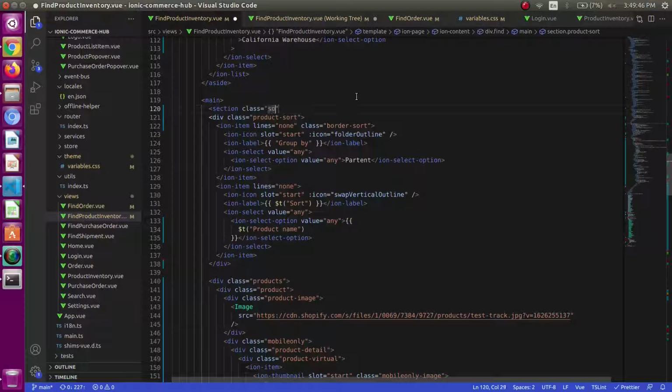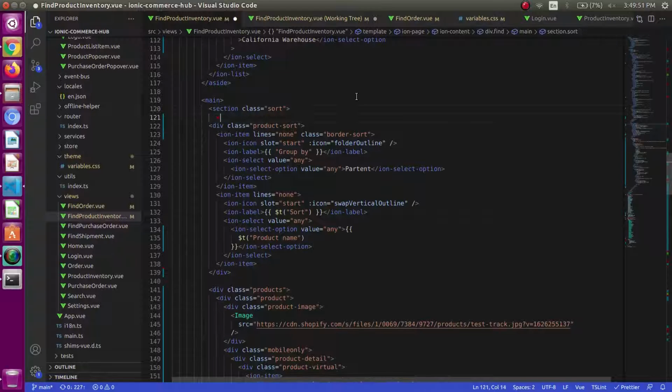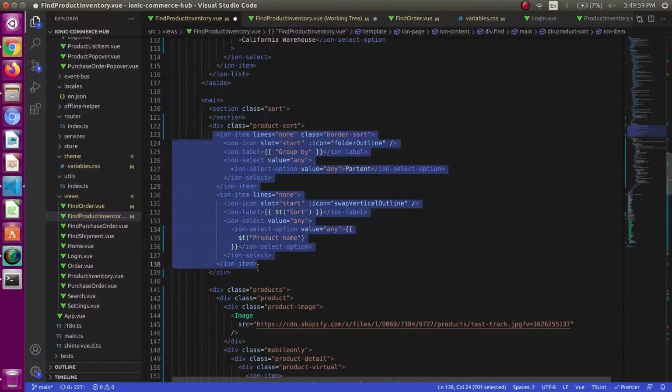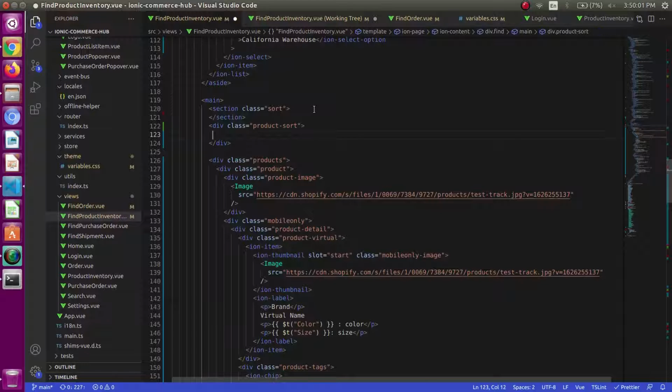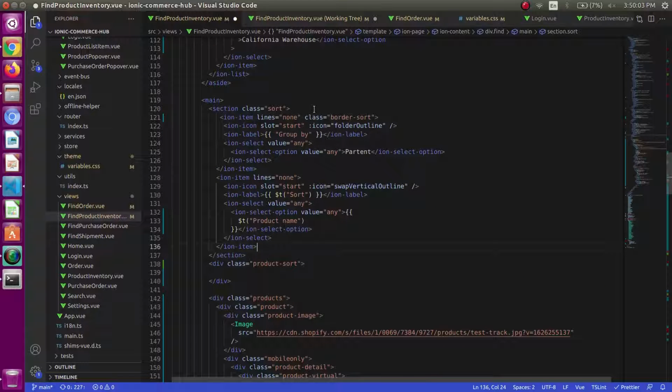Then I will be using a section for my sort and will give it a class sort. Currently it is also written in div. So I will be using a section for this, and the sort portion will be in the main tag of my page.